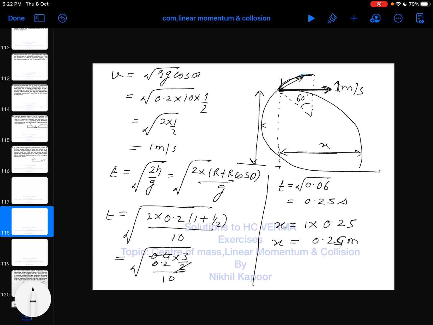Now we don't know this portion because it is leaving contact here. So where it is hitting the track, for this it is a must to find this part, and this part can be found by, let us suppose this part is y, so this will be r minus y, and if this is 60, this would be 30 degree. So by using this right angle triangle, I can find that y. So let's apply cos theta. So cos 30 comes out to be side adjacent upon hypotenuse. So it will be r cos 30 is equal to r minus y.